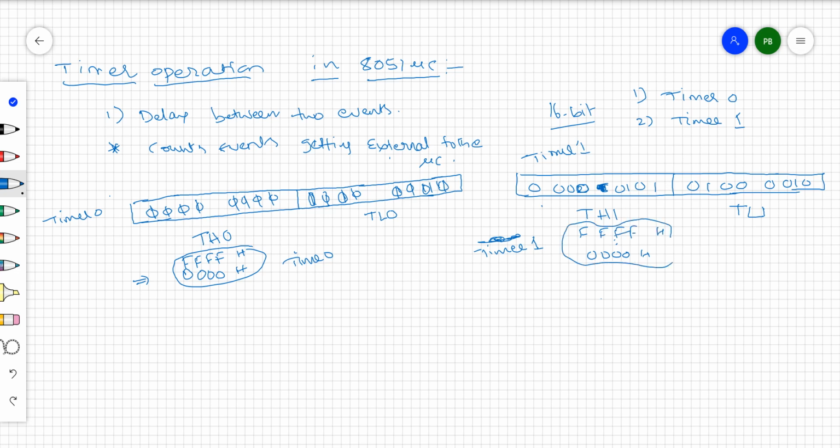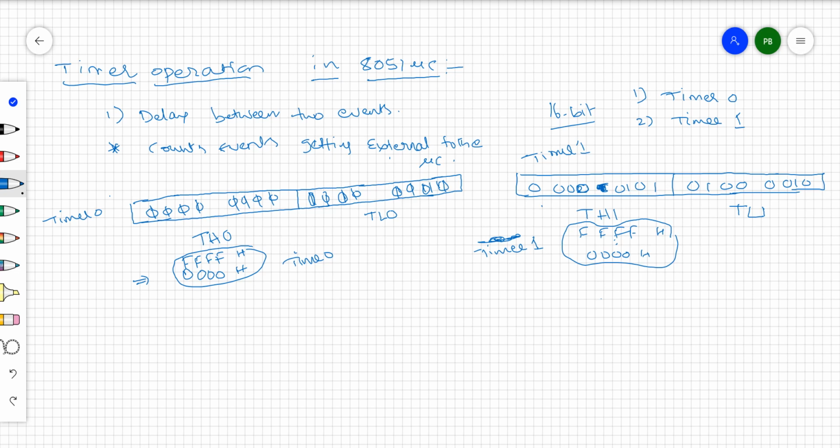Any bit combination in between these two values you can store in timer 1 also, right? Simply this is the 16-bit register we have internally. 16-bit data transfer is not possible in the 8051 controller. That is the reason we divide it into two parts, lower byte and higher byte, right?